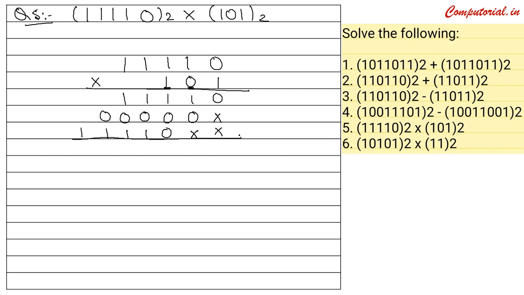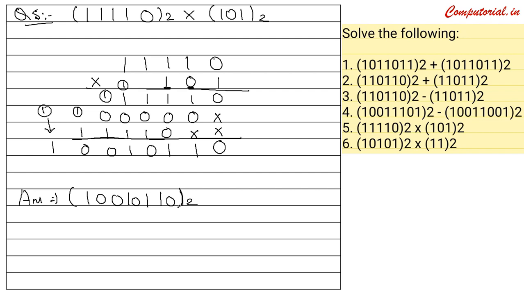That's it. Now because we have done this much, we are only left with the addition part. So when you will add this, it will be 0, this will be 1, this will be 1, this will be 0 and a carry of 1, this will be 1 and a carry of 1, this will be 0 and a carry of 1, this will be 0 and a carry of 1, and then we have to note down the carry over this side. That's it. So we have done the multiplication part, we just have to note down the answer properly now. So it is 1 2 times 0, 10110 with a base of 2. That's it. Fine. So it was one of the easiest questions of binary multiplication.